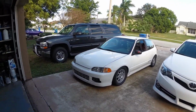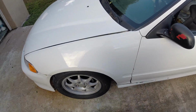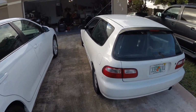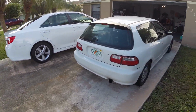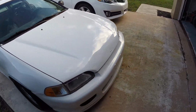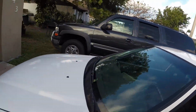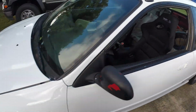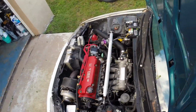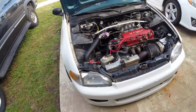Here's a quick little walk around. Little girl. 93 VX, 888s on HX wheels. It is now a full JDM D15B